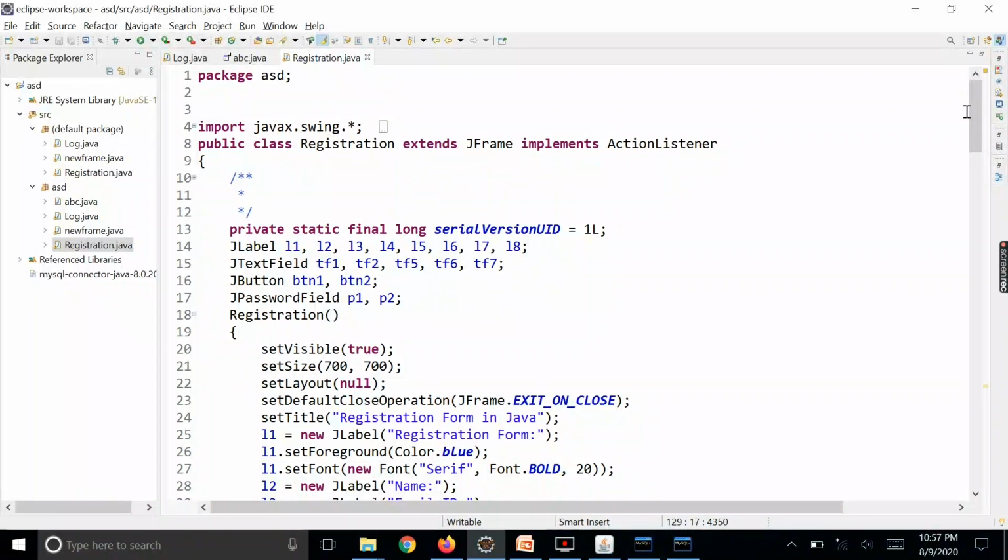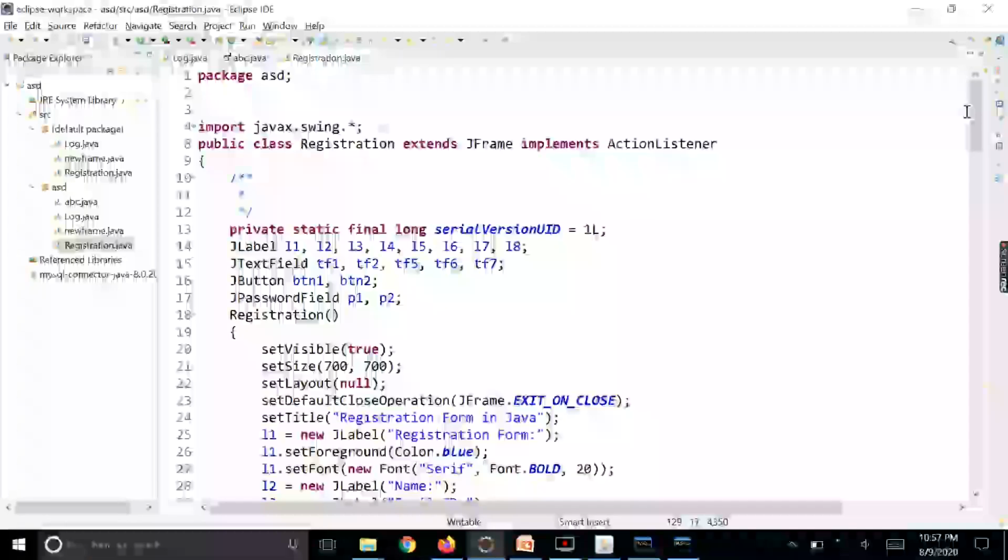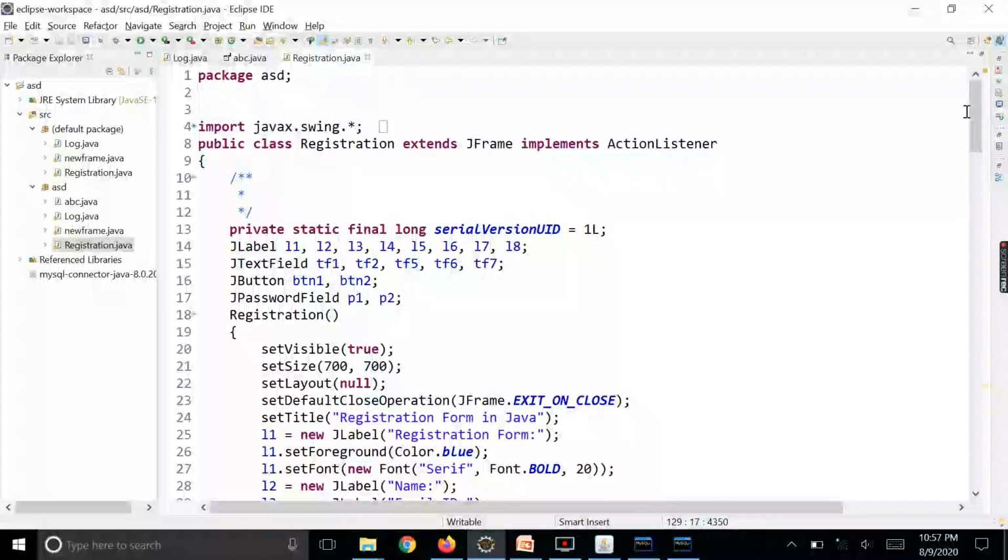If you have a group of 4, each one of you has to create at least 1 or 2 AWT or Swing forms, with or without a database, and perform some action on them. Then you have to interlink these forms with each other and frame one small mini project system, right? And the same system we have to test using different test cases.